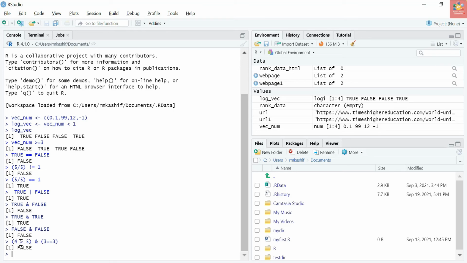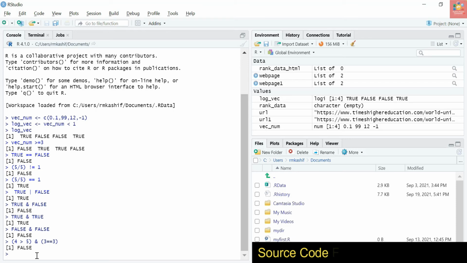So it will be false and true, so it will return false. I will give some more examples in the video description. For right now, let's go to another example which will develop your understanding regarding logical vectors.